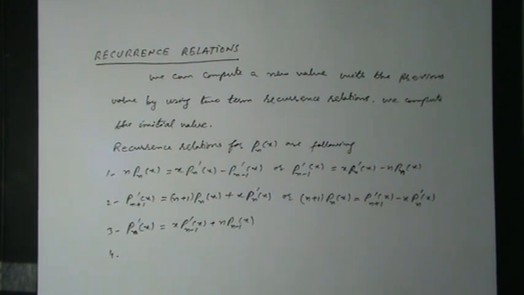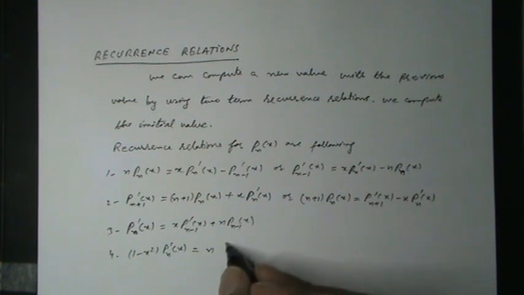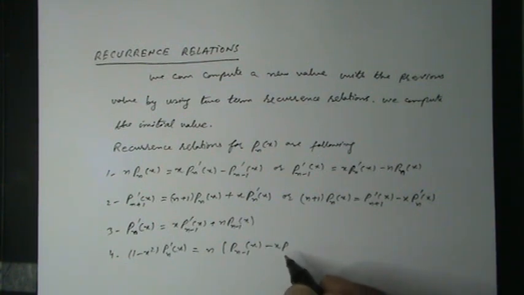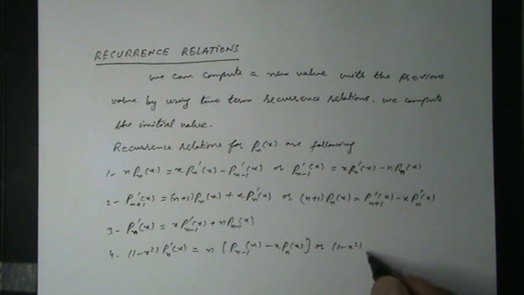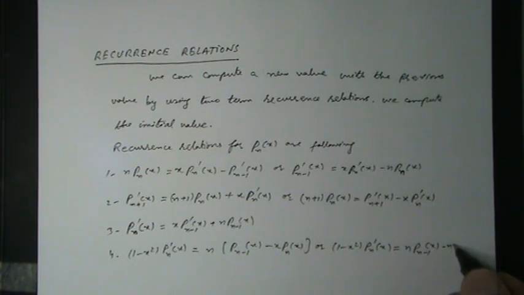Number 4, (1 minus x square)Pn'(x) equal to n[Pn-1(x) minus xPn(x)], or it can be written as (1 minus x square)Pn'(x) equal to n Pn-1(x) minus nxPn(x),